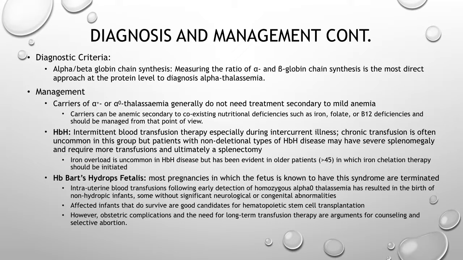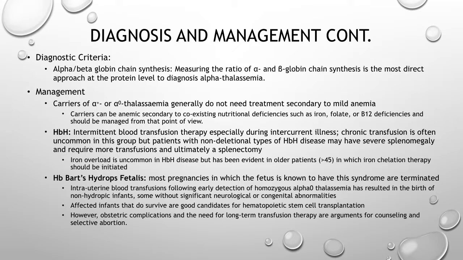So management. The carriers of alpha positive or alpha 0 thalassemia generally don't need treatment because their anemia is so mild. They can be anemic because of coexisting nutritional deficiencies such as iron, folate, or B12 deficiencies, which should be managed from that standpoint. In the HBH disease, you can have intermittent blood transfusion, especially during intercurrent illness, and a